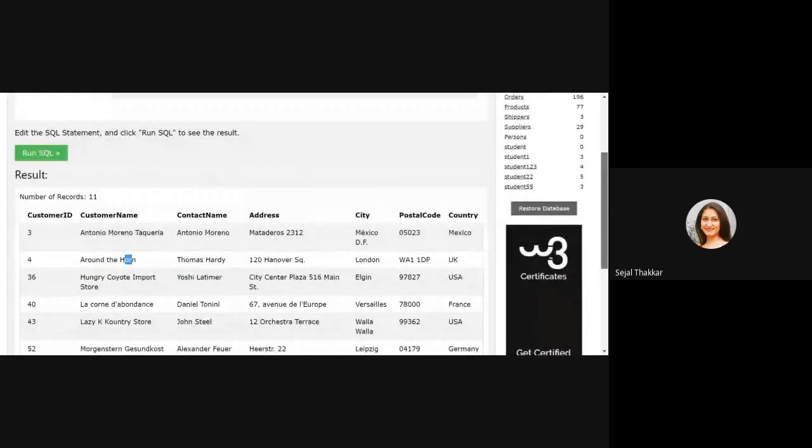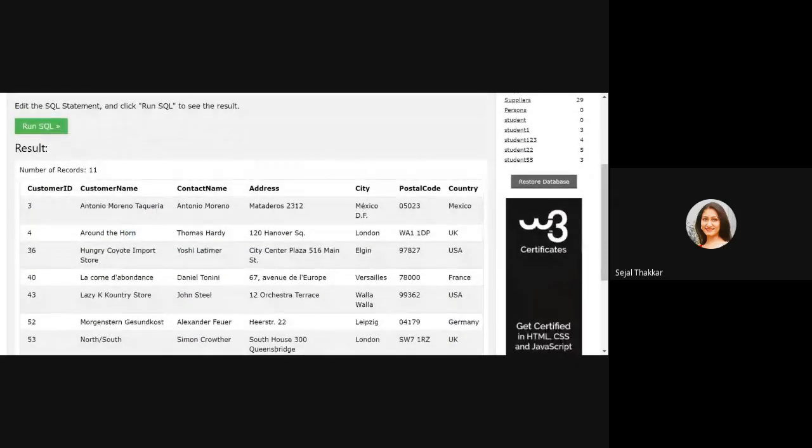See here, in this name there is OR, in this there is OR, in this import there is OR, in store there is OR. So wherever the OR is present in the name, initially it can be anything, the end can be anything, but in between OR should be there. This kind of pattern will be printed using the LIKE operator.